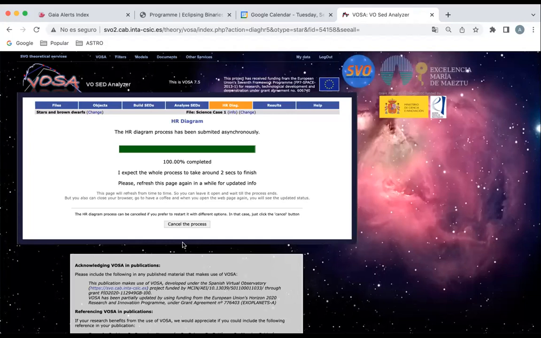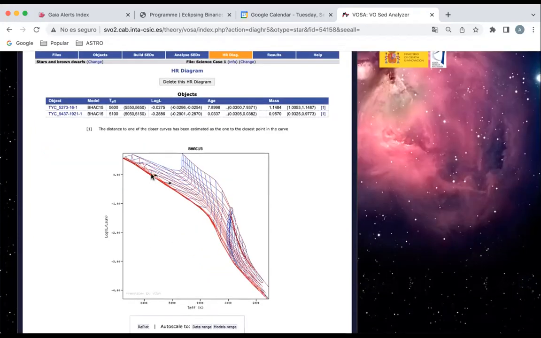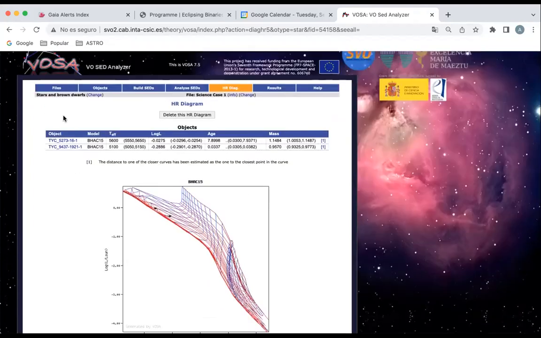Okay, so we have now the HR diagram in which both stars are indicated here. And in the summary table, we can see the masses derived from these isochrones of both stars. In the PDF,